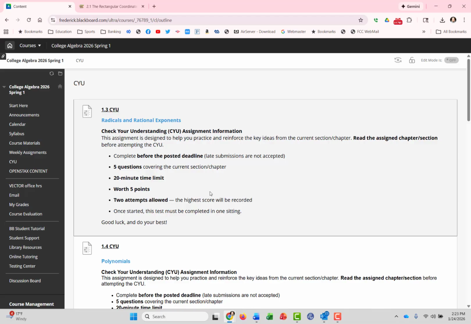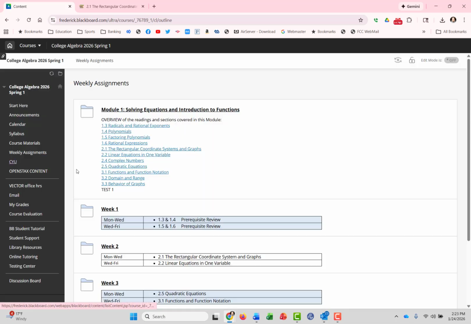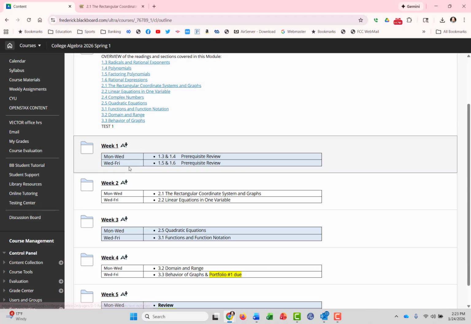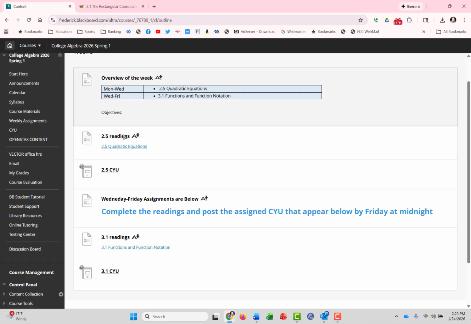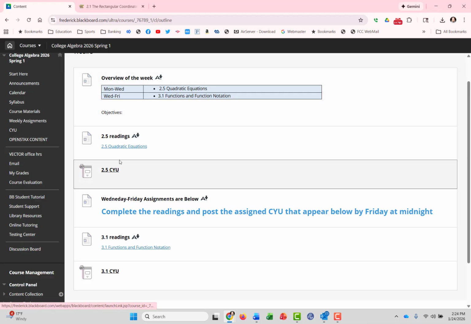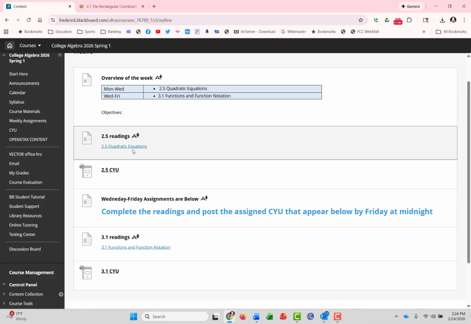It's from your CYU. For each section that's assigned reading, there will be a CYU attached to that, and you're expected to do it by the due date. For instance, on week 3, you'll see readings for 2.5. After you complete the readings from 2.5, you do the CYU for 2.5. And again, at the end of the readings, there are always those extra exercises for extra work. The majority of our quiz and exam questions come from questions similar to the CYUs, but also from the exercises at the end of each section. So make sure you complete those and be prepared for your exam.